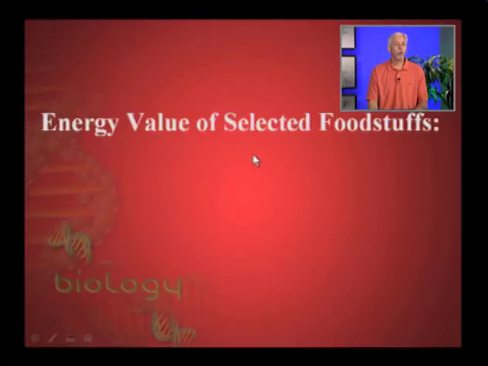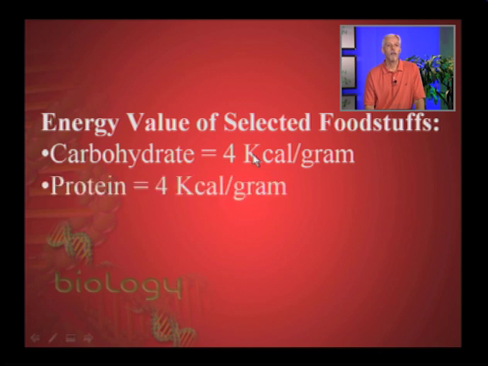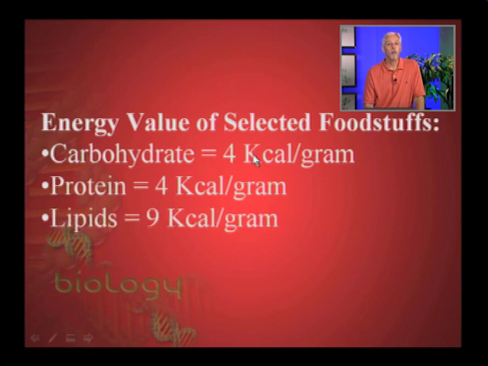So when you look at foodstuffs, then food has different caloric value. For example, a carbohydrate has approximately 4 kilocalories per gram. Proteins also have approximately 4 kilocalories per gram. But lipids, on the other hand, because of all of the length of the carbons and so on, have about 9 kilocalories per gram. So again, that's really why we are adapted to like fatty substances so much. It has tremendous energy value,